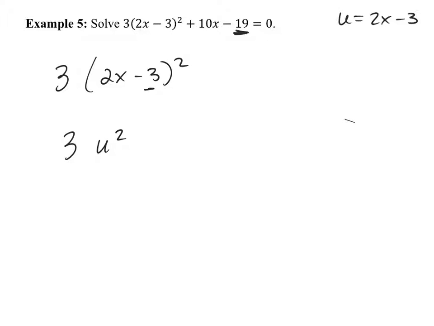So break 19 up into something that when you take a 5 out of it gives you 3. What, when you divide by 5, gives you 3? 15. So write this as this, because negative 19 is really negative 15 and negative 4. And then what you can do is look at this by itself, factor 5 out, and it becomes